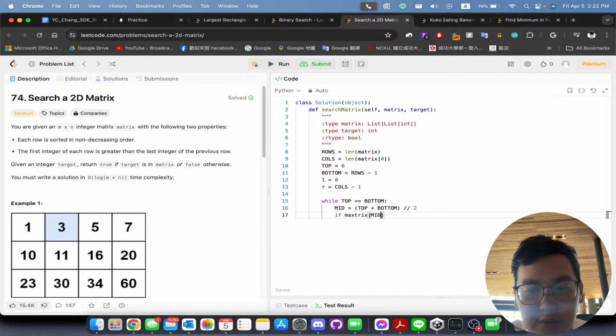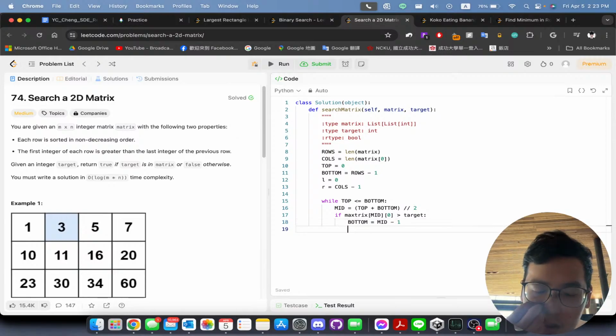matrix for me. So we want to check if the first element is larger than the target. If it is larger than the target, like if the target is 5, then we want to shift our bottom to the top, so bottom = mid - 1, and